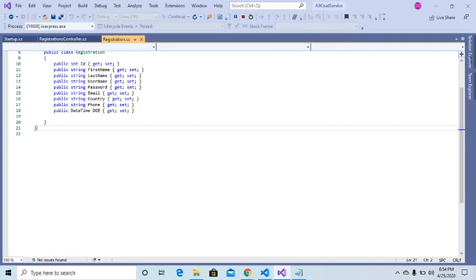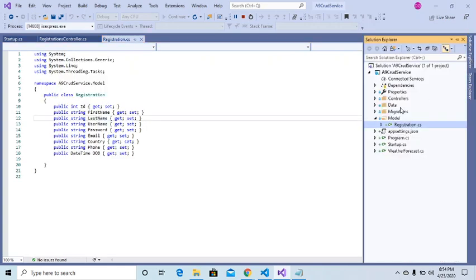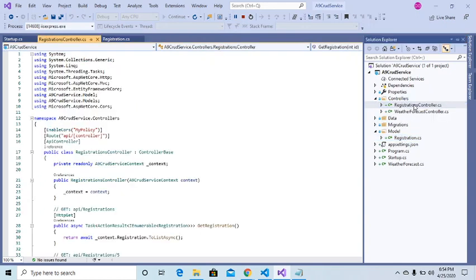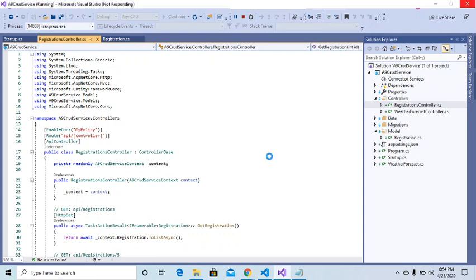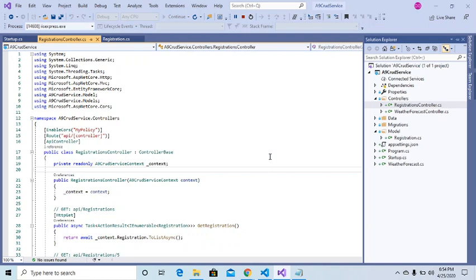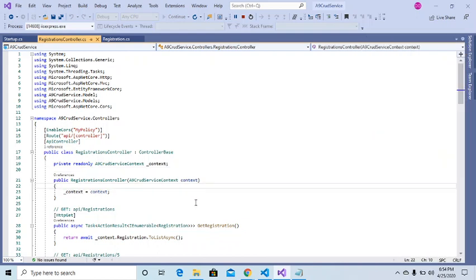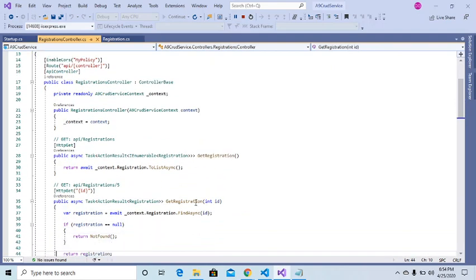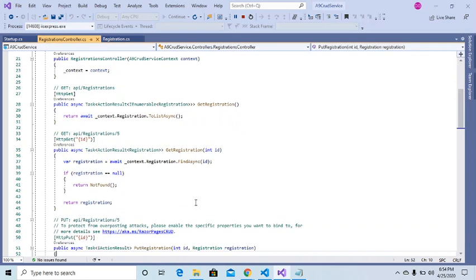Then what I have done is I have created one controller, and that is the registration controller. I have associated that controller with the model and utilized Entity Framework. And this one is my registration controller which I'm talking about, and it has different methods. So if I go over here and navigate down, we have different methods. So get registration. Okay, then this one is for getting the registration by simple ID.